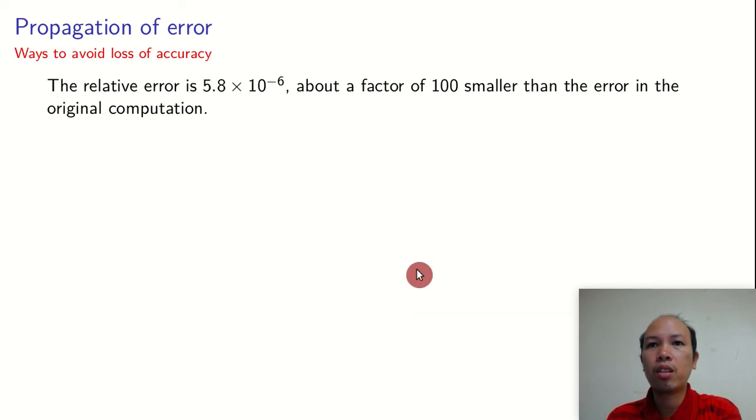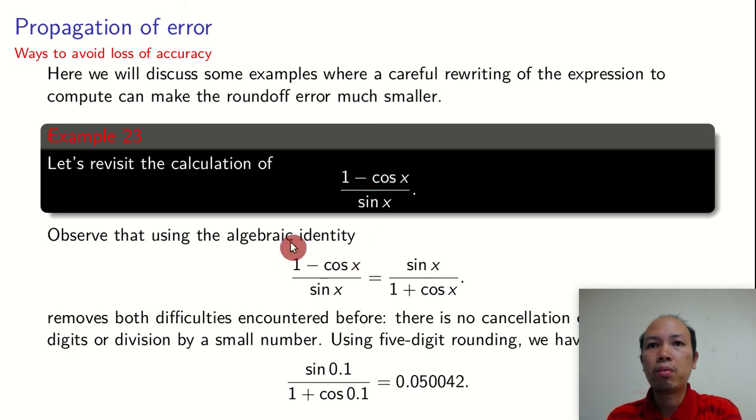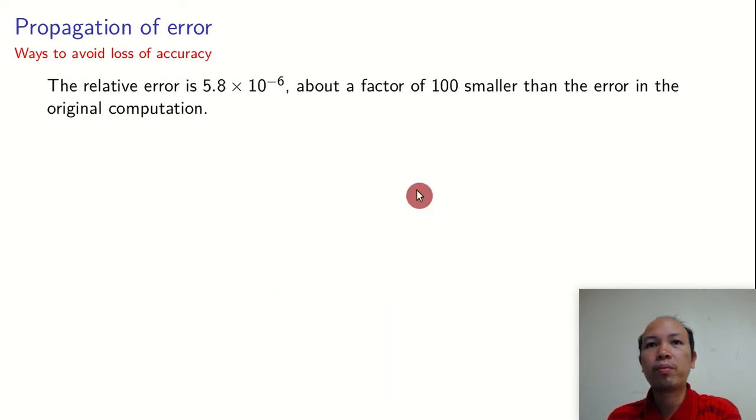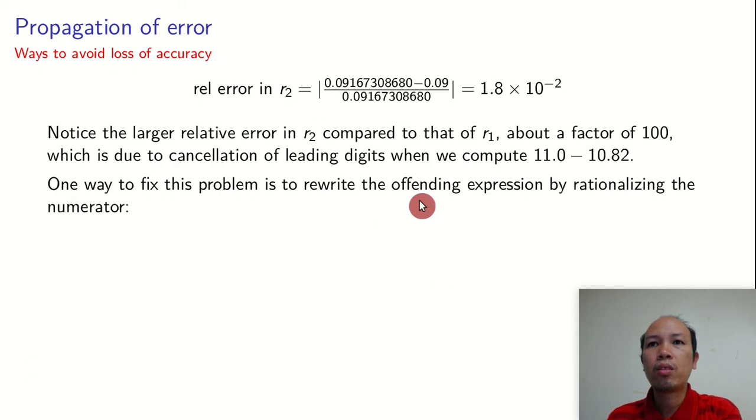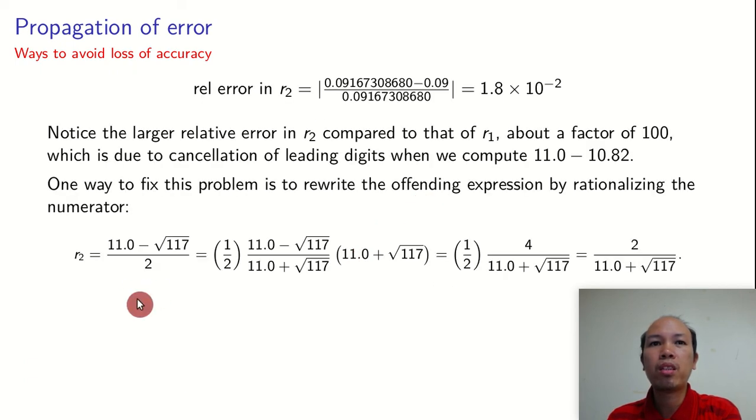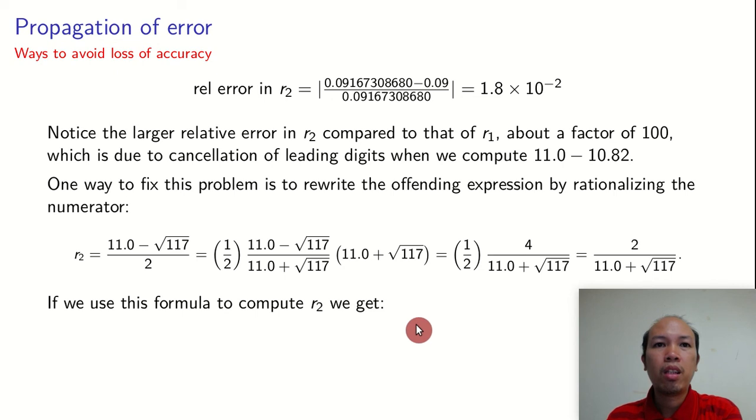As you can see here, instead of subtraction, we use addition. So let's come back here. Rationalize r sub 2. After rationalizing, you will have this form. This is very easy. This is in your algebra. And if we compute,